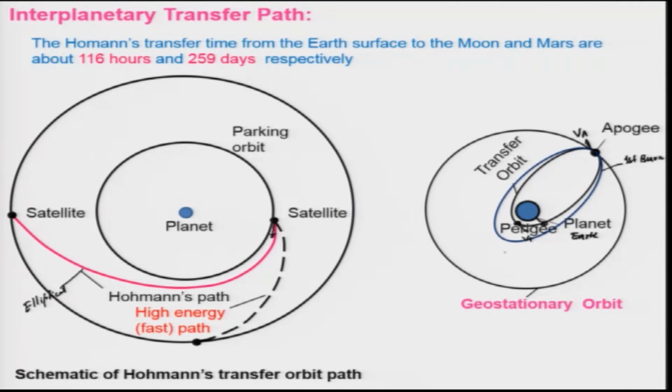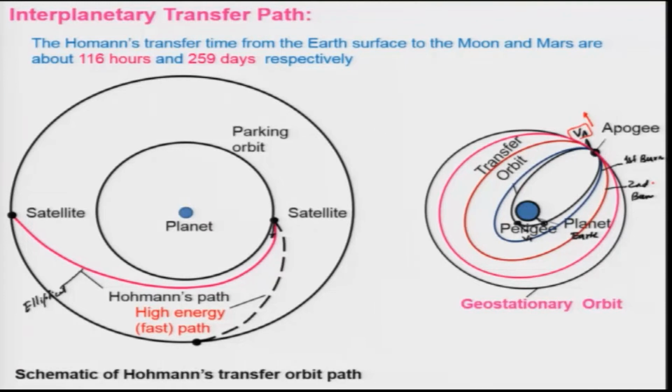And then whenever it goes to this apogee point again, you will have to impart a higher incremental velocity so that you can get another orbit. This is your second burn, and you will have to give a little more. That means this velocity goes on increasing with each burn, and you can go for another burn, then it will go to another level.